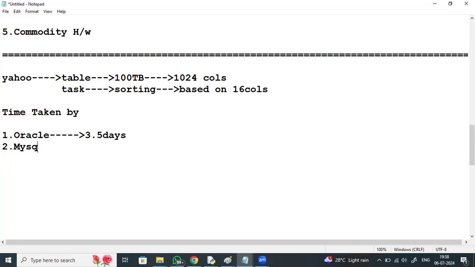MySQL has taken nearly 6 days to process it. And then the specialized databases, which are used for data warehouse purposes.